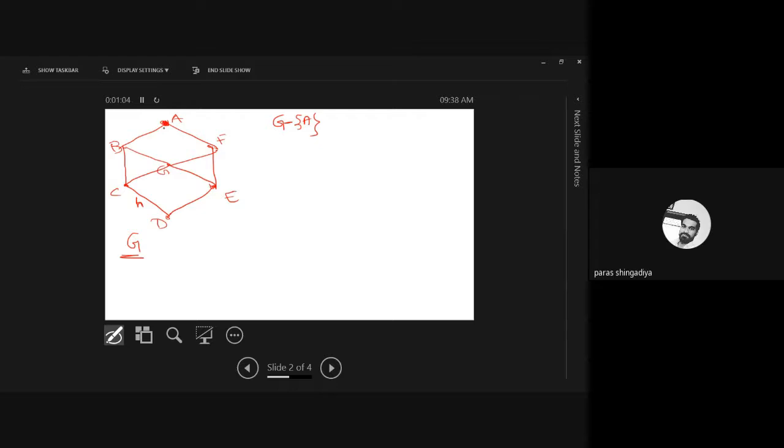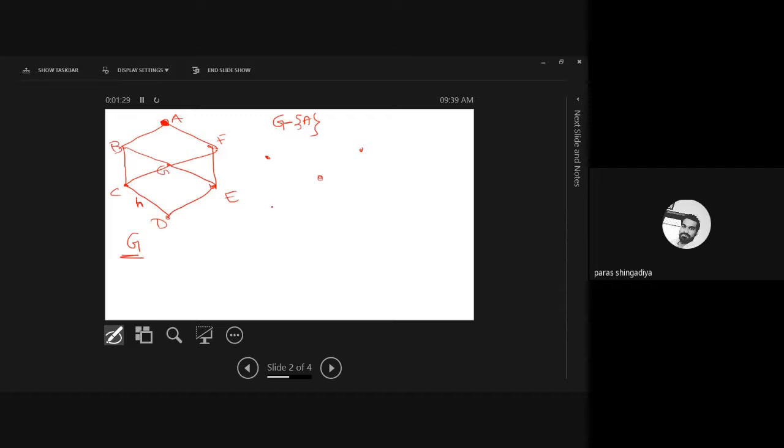Here two edges are connected with A. So when you delete this vertex A, these two edges also will be removed. Why are they removed? Because without a vertex, an edge cannot be formed. The ending and starting points should be vertices. So what is the remaining part as the G minus A graph?